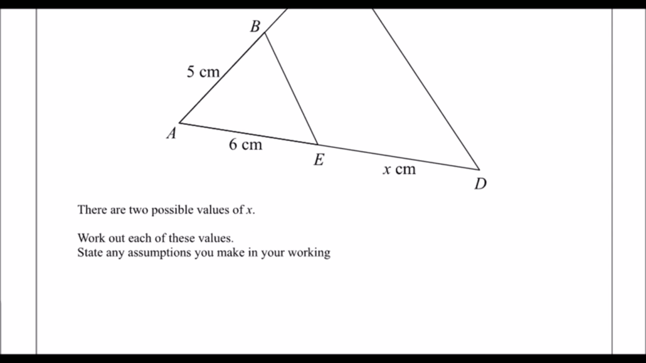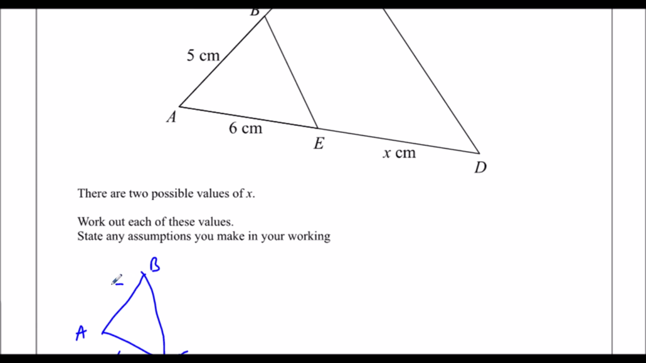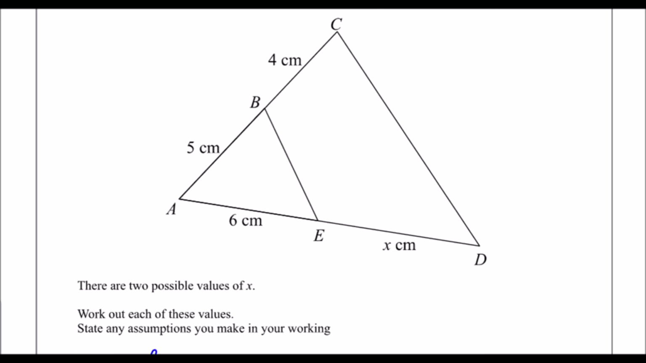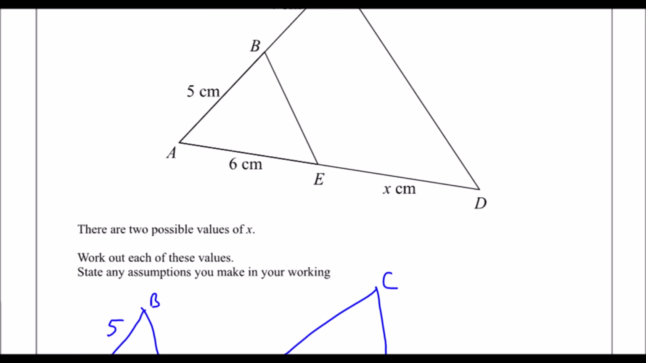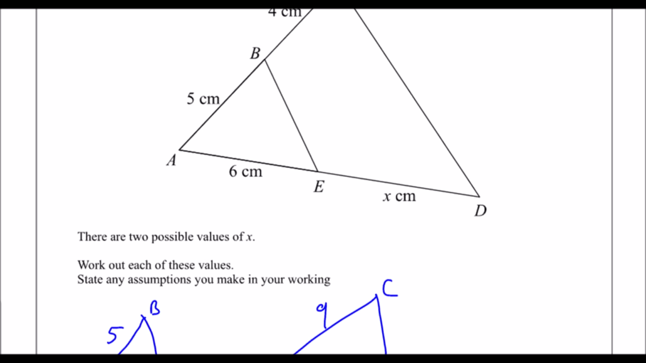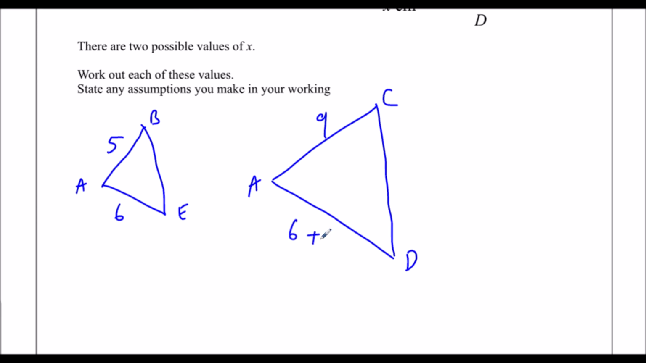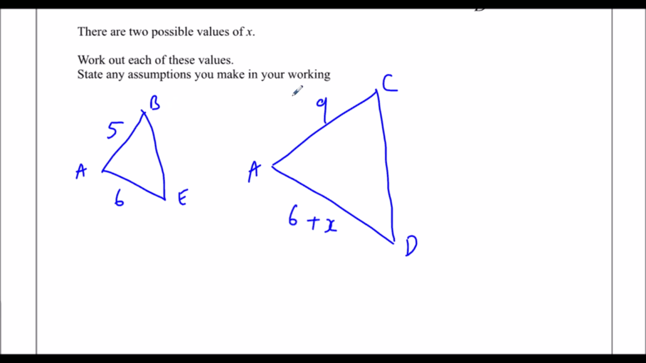So we've got ABE. Let's have a quick sketch. So ABE, 6 and 5. And we've got ACD. So AC is 9, 5 plus 4. And AD is 6 plus x. So either AB corresponds with AC,